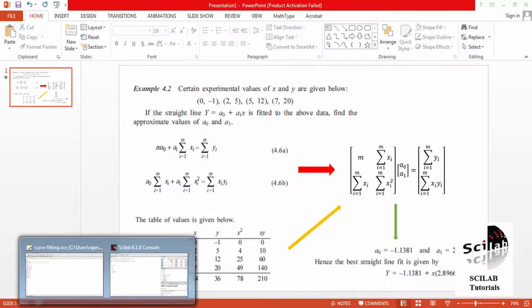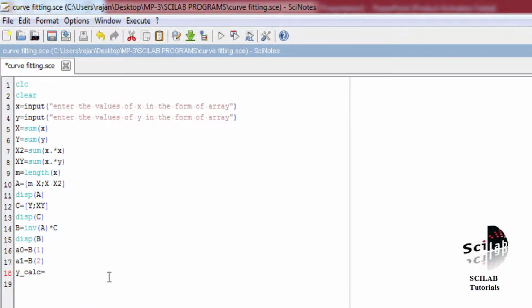This will give me the calculated values of y. Now I have the experimental values of y stored in y and the calculated values of y stored in y underscore calc, which is given by the best fitted straight line.